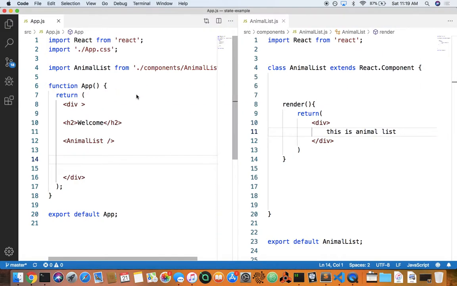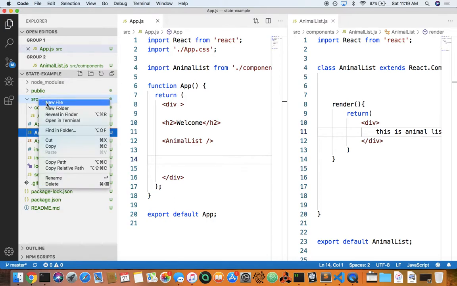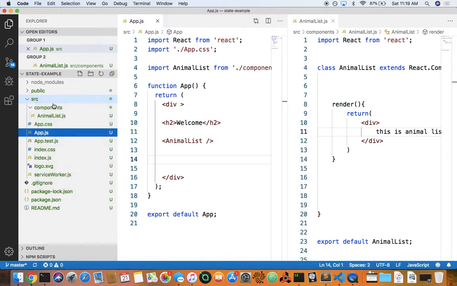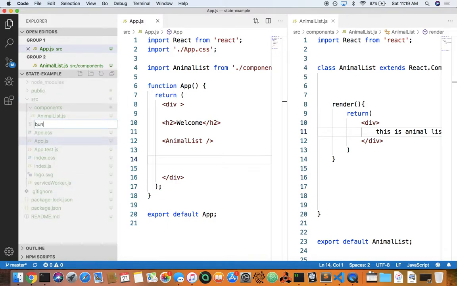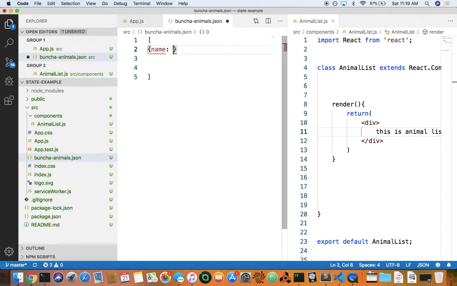Now I'm going to create a JSON file with a couple animals. Not that I need to, but since we're also going to do that in the lab that you're about to do, it's better if we do it that way. So straight in the source, because it's not a component, so I'm not going to put it in the components folder. A bunch of animals.json. And in here, we'll put an array, name,